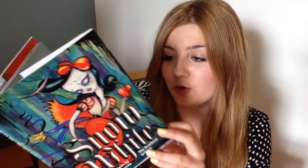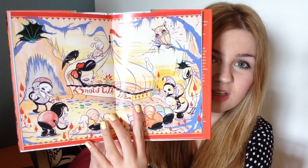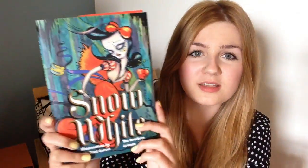Then we have a book full of beautiful pictures, and that is Snow White, and this is just the Grimm brothers story, but it is illustrated by Camille Rose Garcia, and she's also done an edition of Alice in Wonderland in this style, which I have to get my hands on at some point, but I absolutely adore this book. It's absolutely tiny, and you probably buy it, well, I'd say most certainly buy this more for the art than the words, because there are so few words on the inside, what with it just being a very short fairy tale. We have some pages with a good bunch of text, but then other pages which have no text at all essentially, and it's just full of these wonderfully creepy and weird illustrations that are very similar to those on